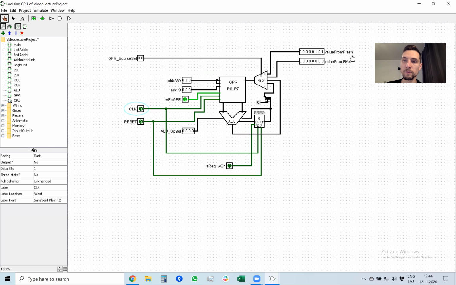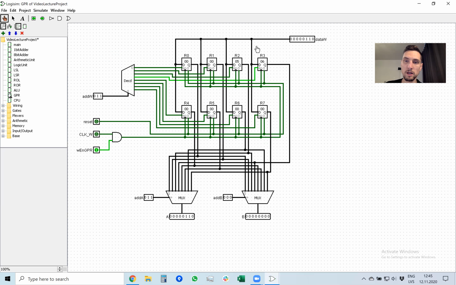Let's say that I want to read the value from RAM, value number 6, for example. Here is 6. And I want to write the value into register number 3. So address right, I select as 3. General purpose register source, I select to input number 1. So now value from RAM 6 is on input number 1. So I select here 1. It is forwarded immediately through this multiplexer into general purpose register. I keep write enable high, and I do again clock rising edge, falling edge, and number 6 is written into